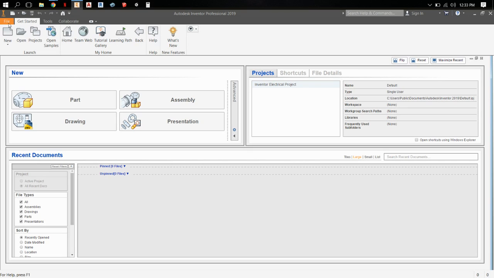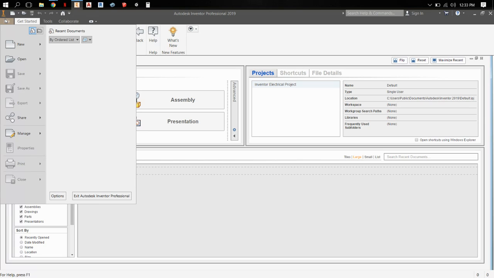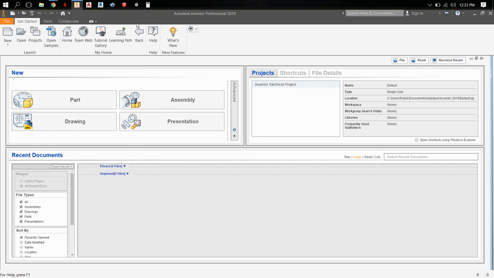Okay. I started in the program. Often when you start, you're going to get a get working option and a get learning option. I clicked on get working, and in this get started tab you'll notice here you can create new parts. You can create new assemblies, so you can take multiple parts and combine them into an assembly to make a more complex